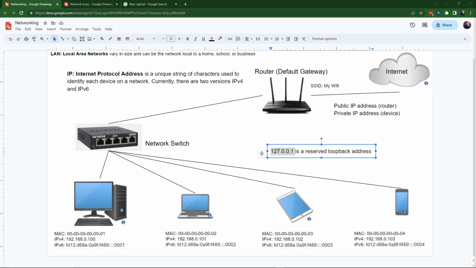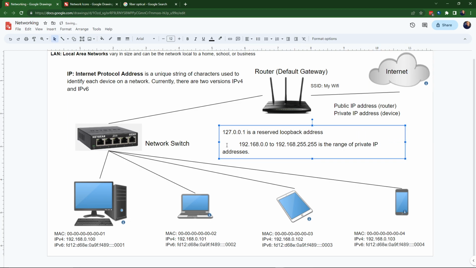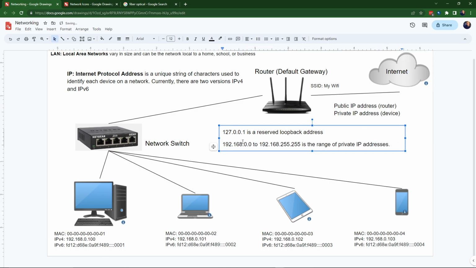Now the range of private IP addresses that we use for home is right here. So that's the reason why you see every one of the ones that I picked uses 192.168 dot something, right? And so these are reserved IP addresses that are private IP addresses, and you will see them reused in pretty much every home network anywhere, right? You're going to see that